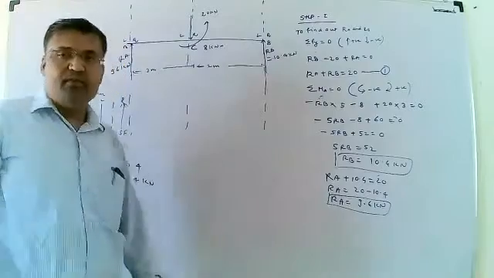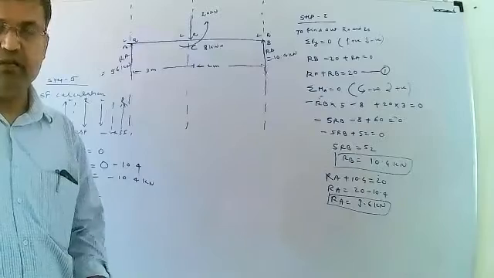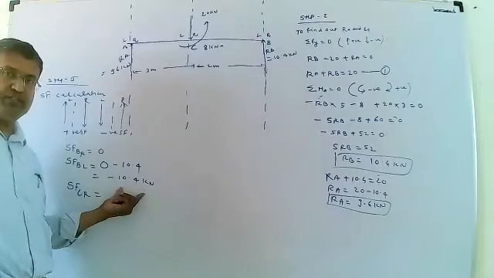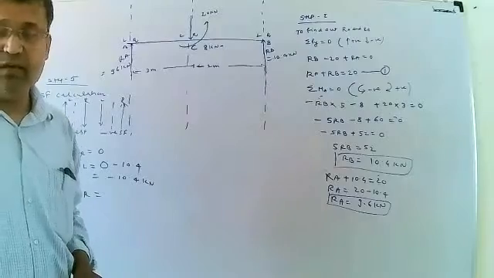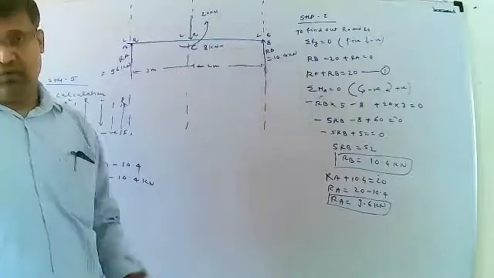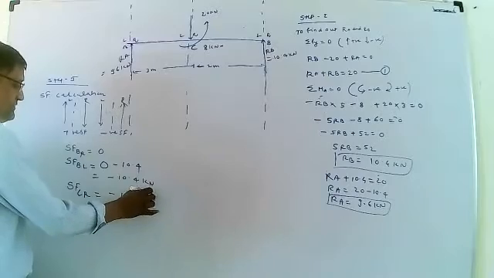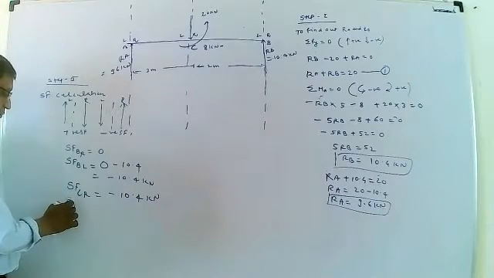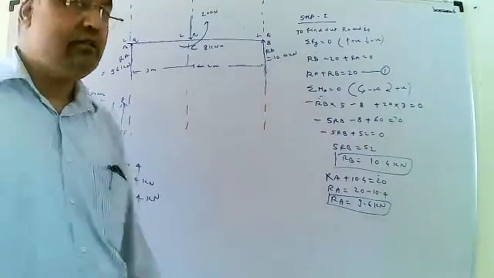In the portion CD, there will be no load, and that's why this value, minus 10.4 kilonewton, this shear force will be continued at the right side of the point C. Okay, because in between portion CD, there will be no load. This value will be continued at the right side of the point C. Then shear force at the point C on the left hand side,